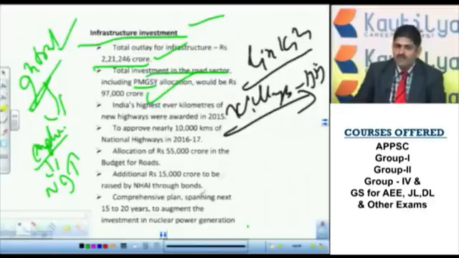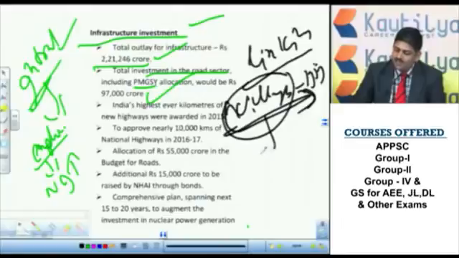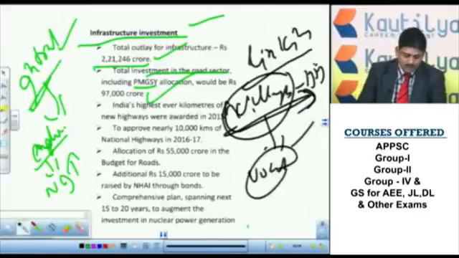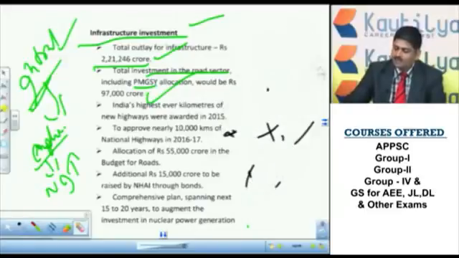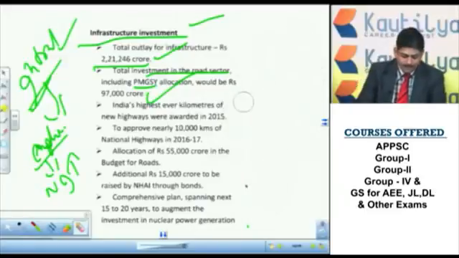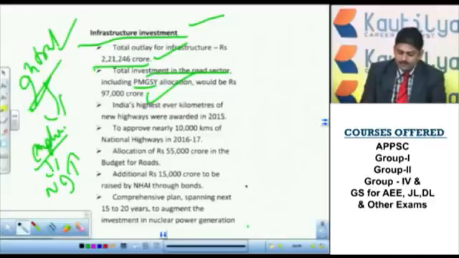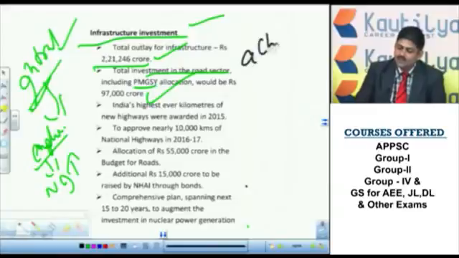So if the mobility of the goods increases from villages to districts, the villages will get the benefit, particularly the farmer community or the people who depend upon the vocationals. So all those get the benefits. So that is the reason why good importance is given for the infrastructure development. Next, what are the various targets or achievements in the road sector? These are specified. These are very, very important.